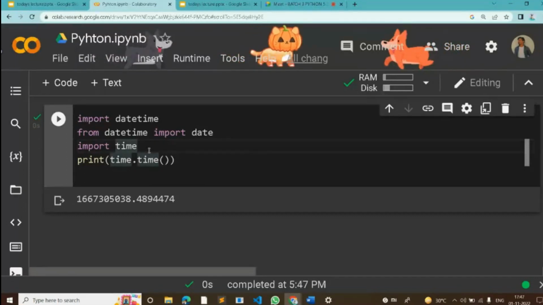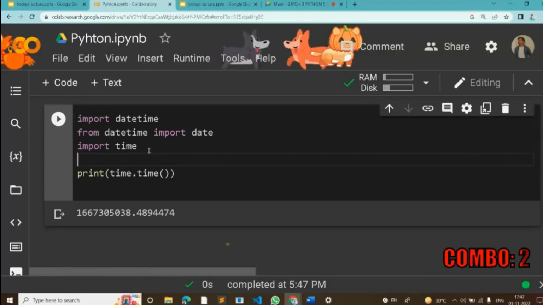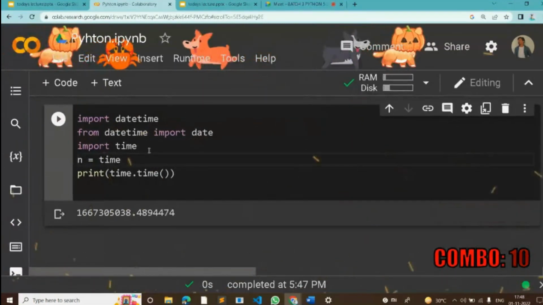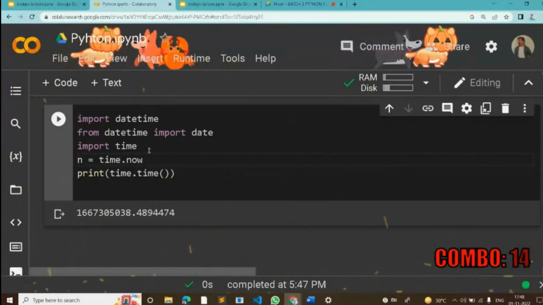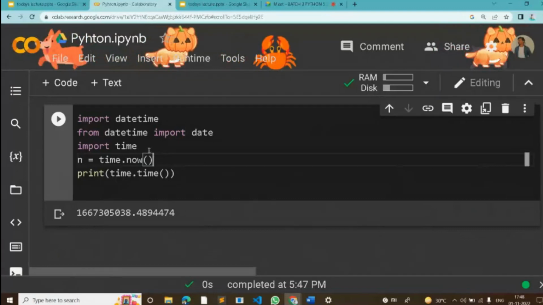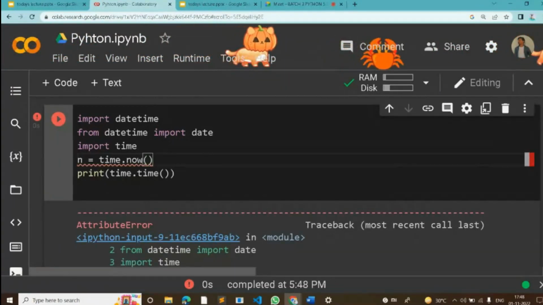Okay. If I want to print the time only, firstly I have to write n is equal to time dot now. Time dot now is not